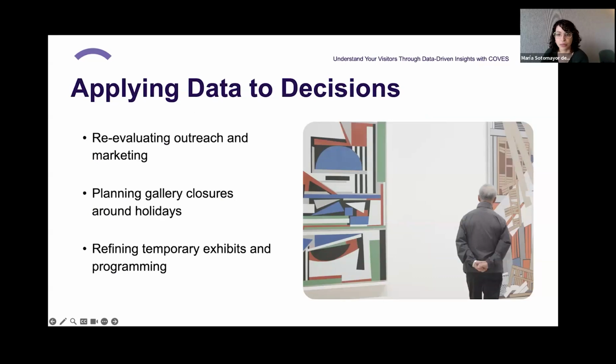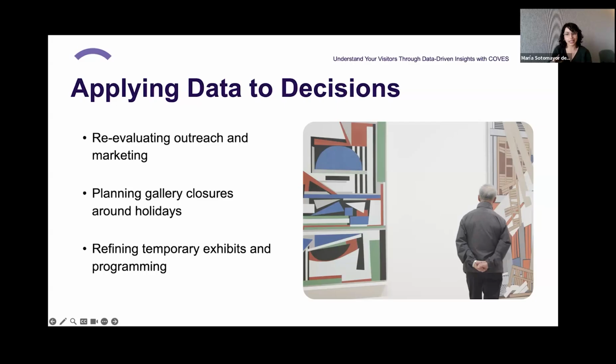One of the things that they found out was that by understanding the proportions of visitors that are coming from nearby states and visitors that are coming locally, Crystal Bridges was able to change their marketing and outreach strategies. By knowing who is coming in and from where, they were able to collaborate with the city's tourism organization on where and how to market the Crystal Bridges museum experience.